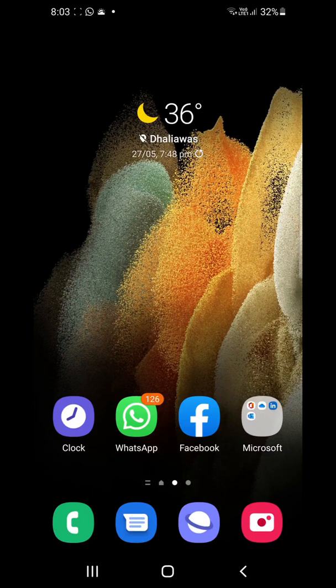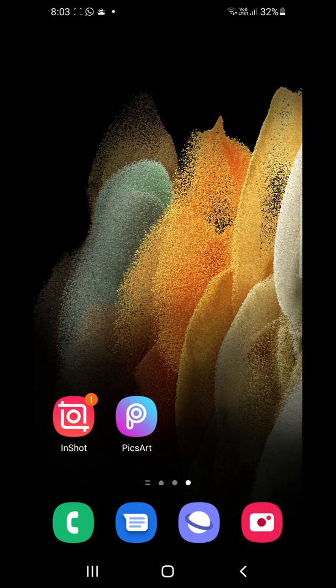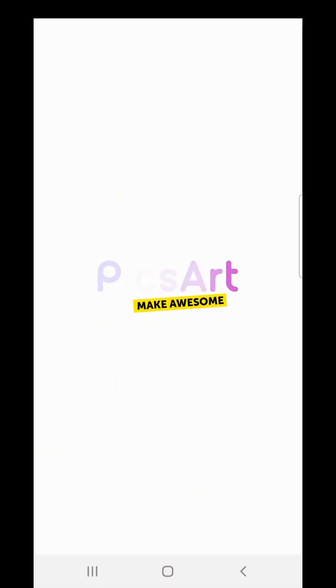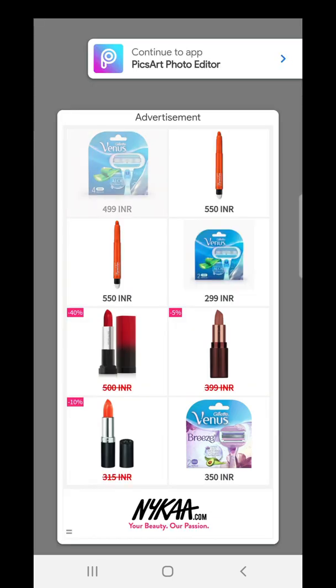In this session, we are going to learn pic editing. To edit a pic, I am using a very nice software here, that's PicsArt, and I will share the link of this software in the group so you can download it from the Play Store, right? And then you can use it.